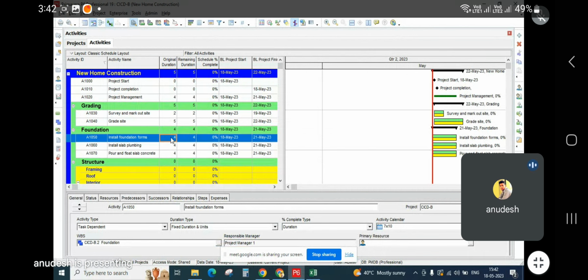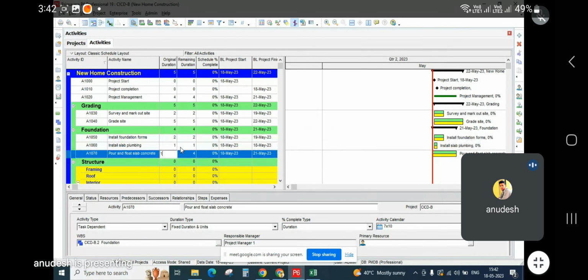And the relationship, sorry, the duration is 2, 1, and 1. So you have to give the duration in this original duration column. Okay. And if you are not able to see these columns, what you will do,